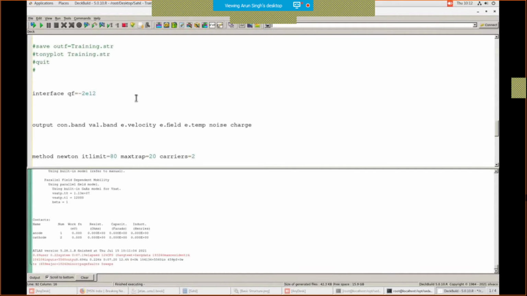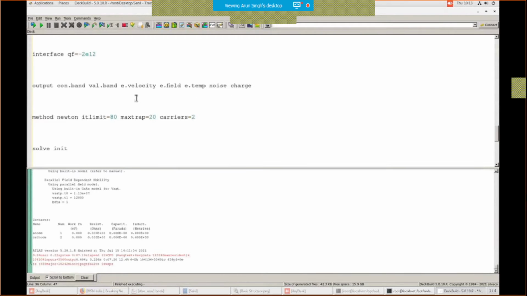Like if we want to see the conduction band, the command is con.band. For valence band, val.band; electron velocity, electric field, electron temperature, noise, charges, whatever we need to calculate, we can write in output.